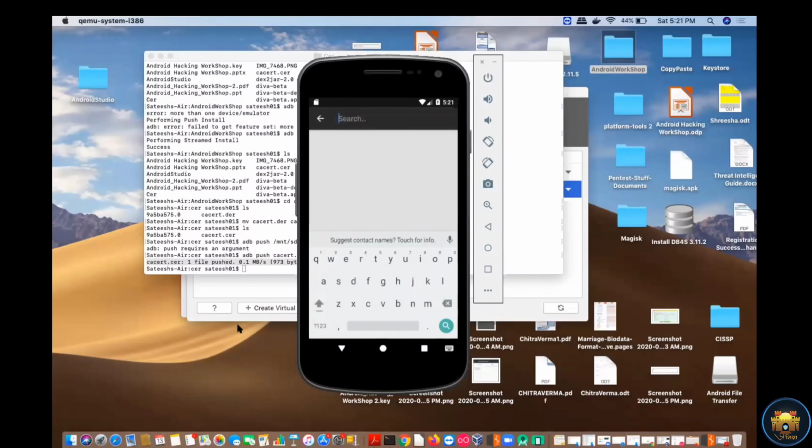Another question we have is, could you possibly tell about Firebase security or the Firebase API key? I'm not able to understand the question. If you are able to, please come up with it. Is it related to Android? I'm not sure whether it is directly related to Android. You can unmute yourself and ask the question directly, there's no problem in that. That way we'll be clear of the question.